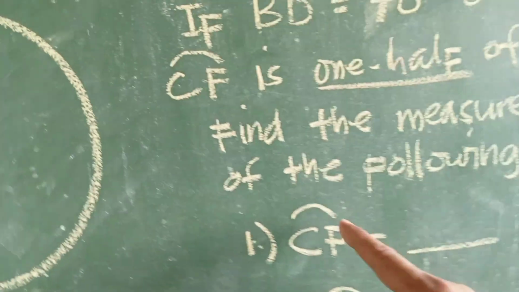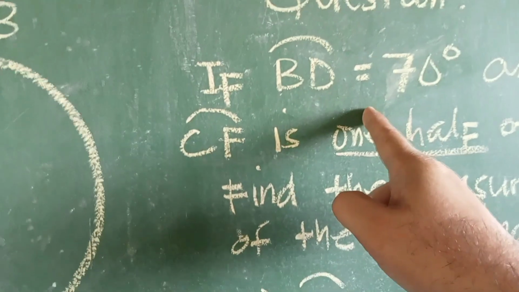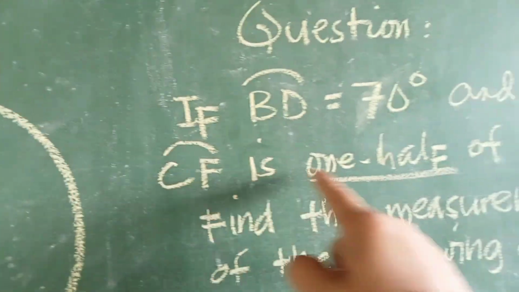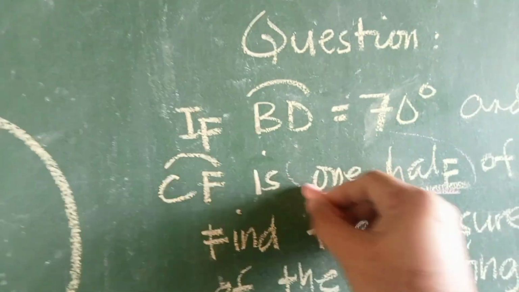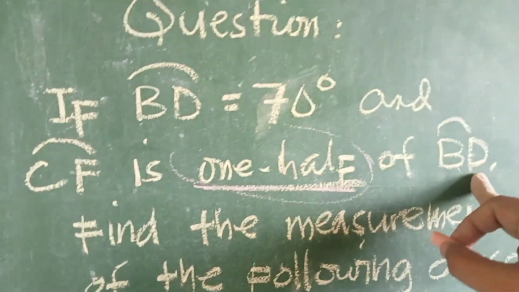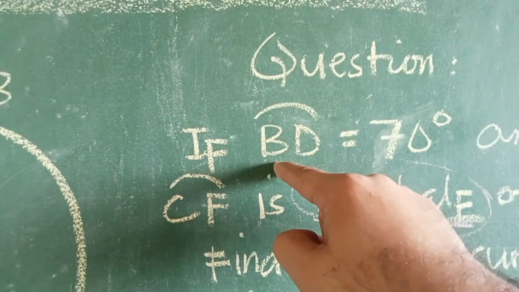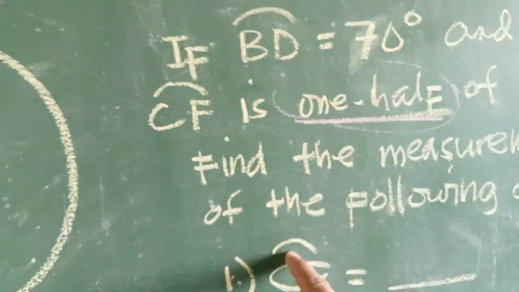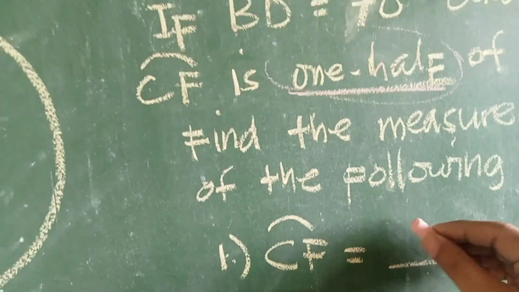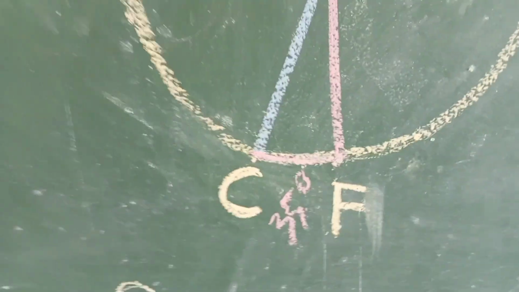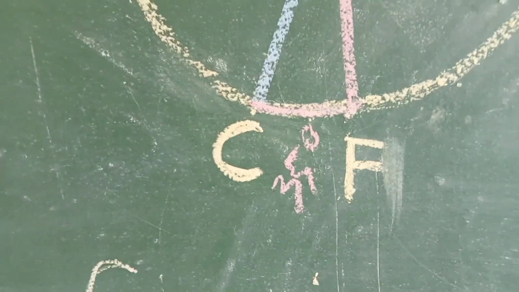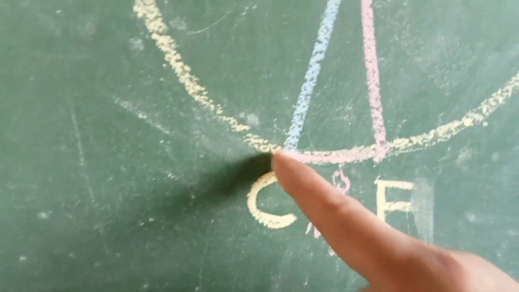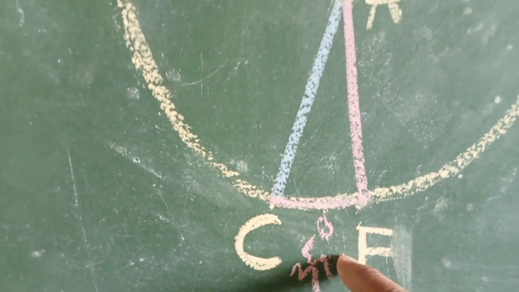Let's begin. So where is arc CF? From the given statement, arc CF is 1/2 of arc BD. Ibig sabihin, kalahati ng BD, arc BD. So if the given measurement of arc BD is 70 degrees, then you would have to say that arc CF is equivalent to 35 degrees. That is why you have here in the previous part, part 1 of this video, that arc CF is equivalent to 35 degrees because the measure here is 1/2